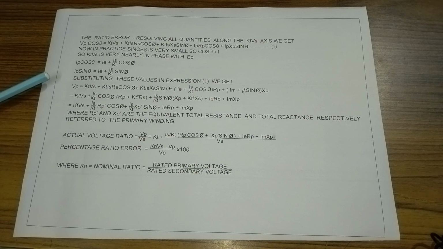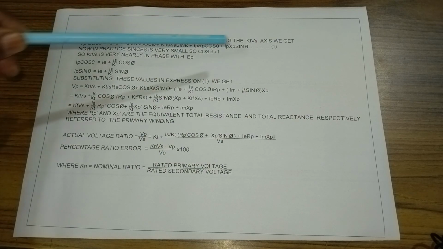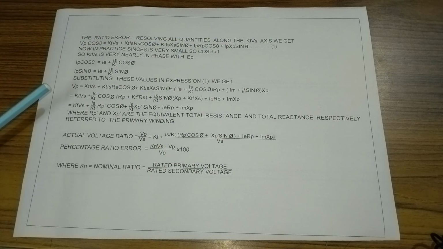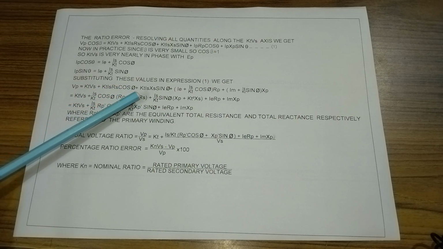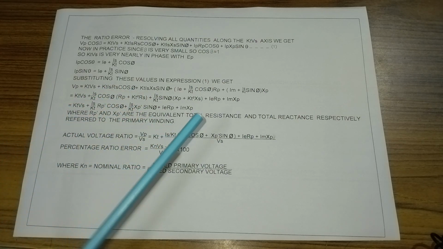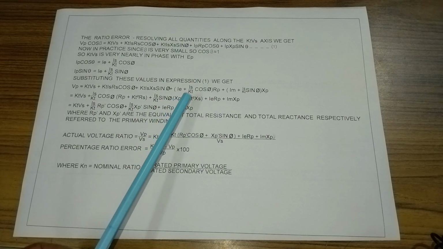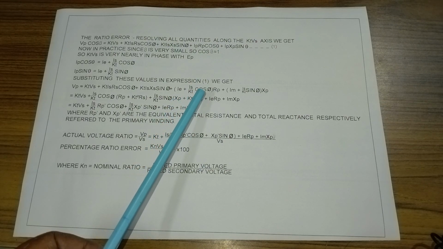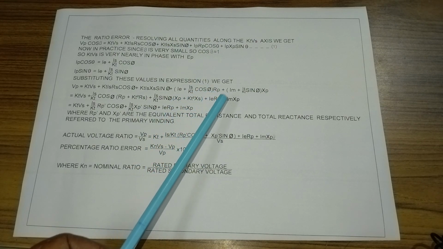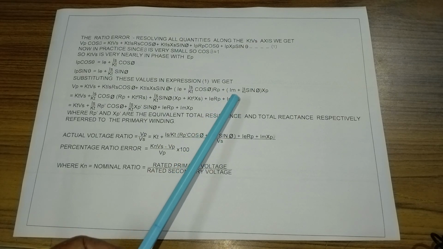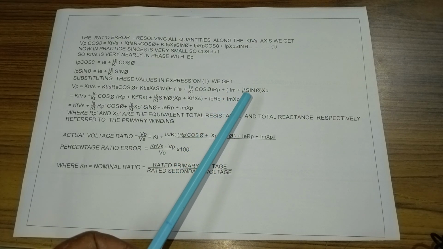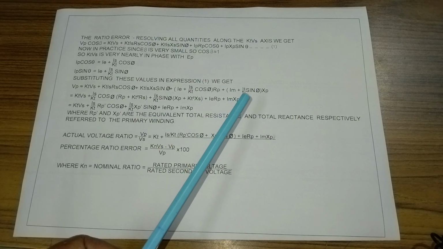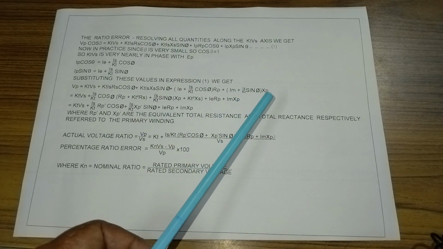Substituting these values in expression 1, we get Vp equivalent to KTVS plus KTIS RS cos phi plus KTIS XS sin phi plus within bracket IE plus IS by KT cos phi into RP plus within bracket IM plus IS by KT sin phi into XP